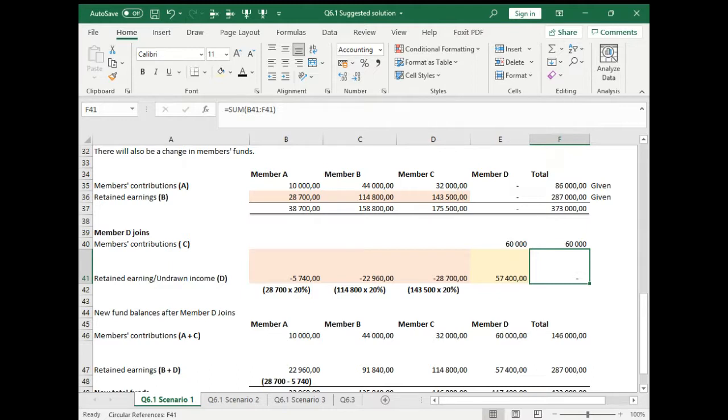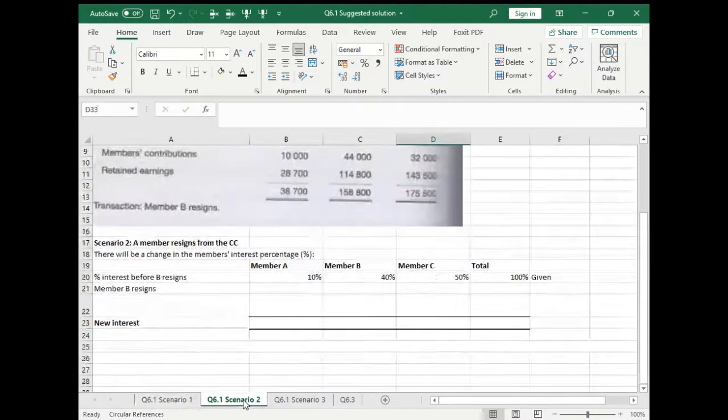Okay, the guys online, do you have any questions on if we add a member? Okay, then we're going to move on to scenario number 2. And then we'll take a break and then continue. Okay, so scenario number 2,